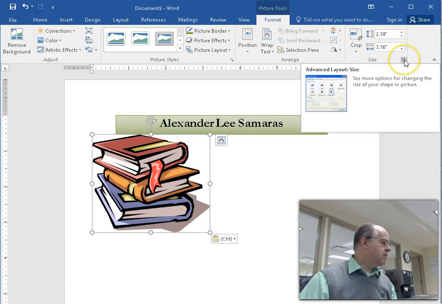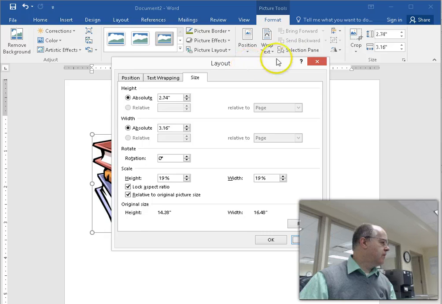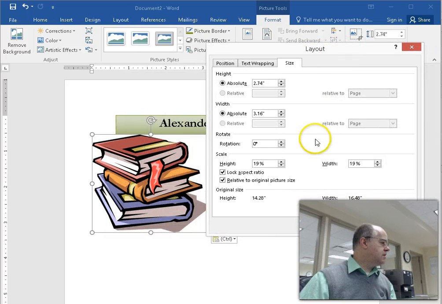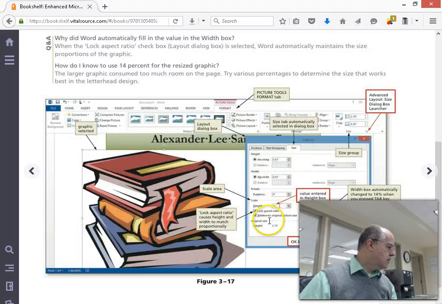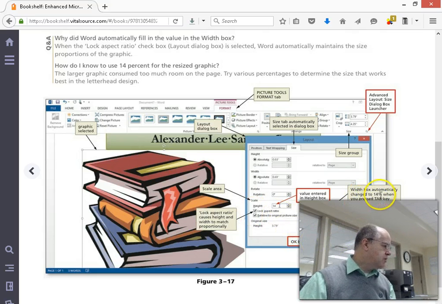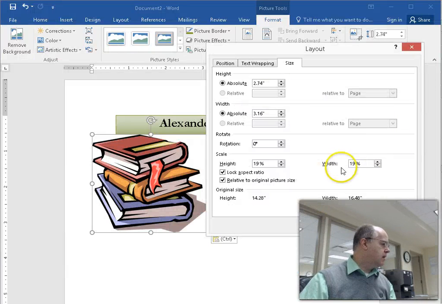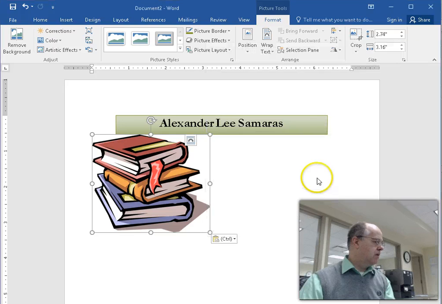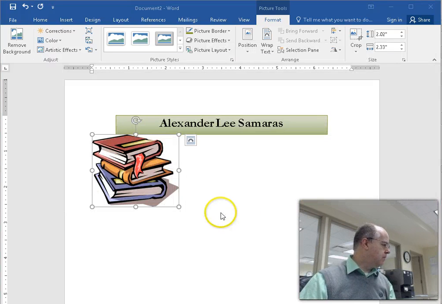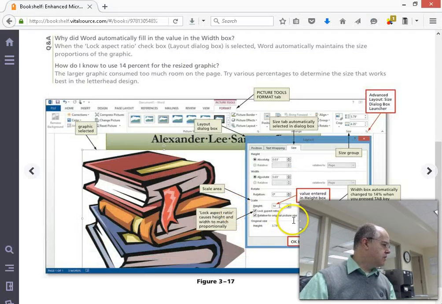This little guy right here brings up the advanced layout, and now I can adjust its size by a percentage or by a specific size. 14% is what they want there. Alright, so I go back to my layout, change this to 14%. It looks like that's going to be too small. Let's find out. That looks too big. So I might have to adjust it